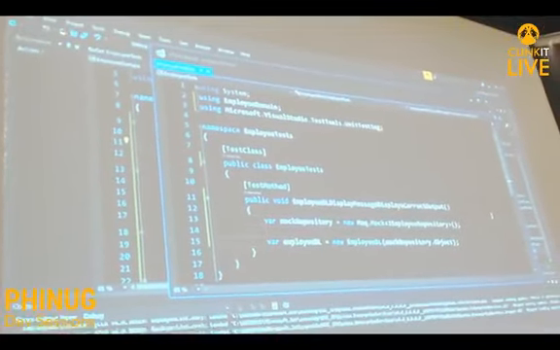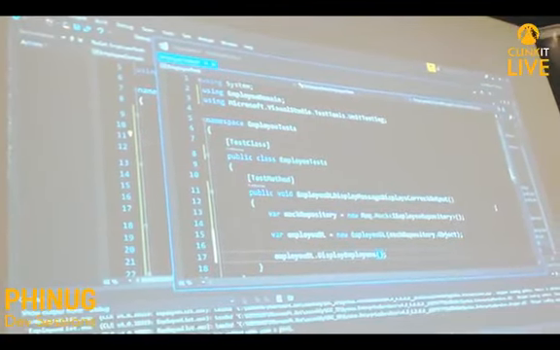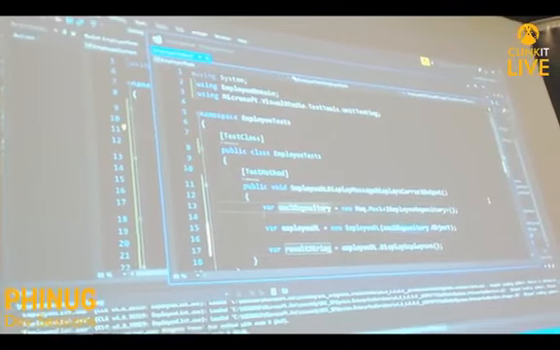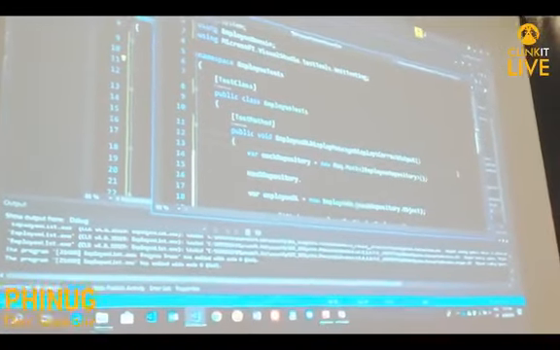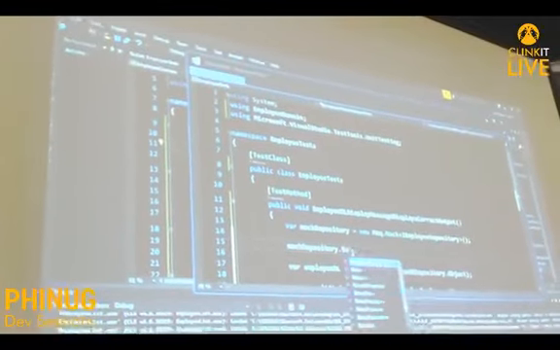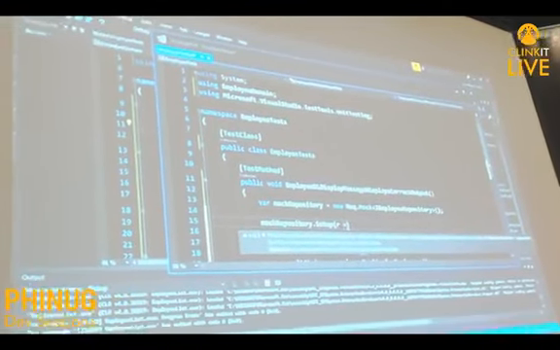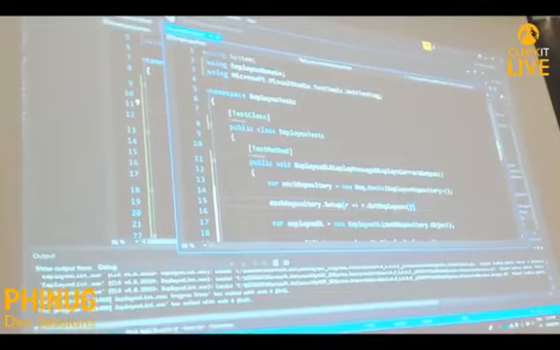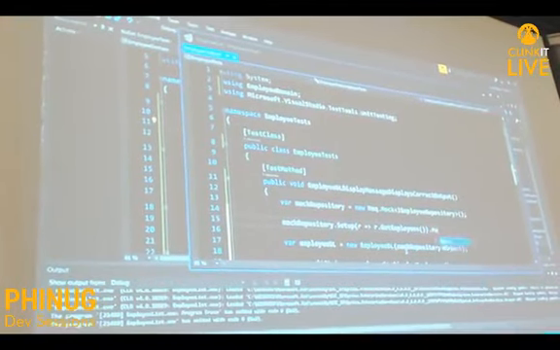So, what we're going to test is employee BL display employees. Let's say this is the result string. What will display employees return? We actually define what it returns. So let's go to mock repository and say setup. Let's say mock repository.setup, and this is a lambda expression. So let's say r dot get employees. What are we doing with the setup? We're telling it that when I call r dot get employees, it returns